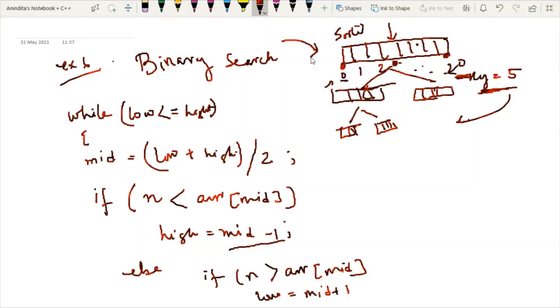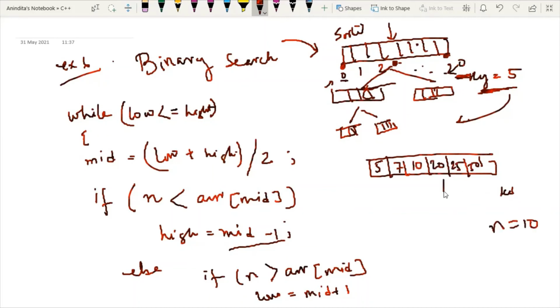Now there is one question. At the initial point when I was discussing binary search, I explained that the array must be in sorted order. So if the key element is 10 and say this is my mid position, since this 10 value is less, I will go in this direction. That's why I am writing this condition.